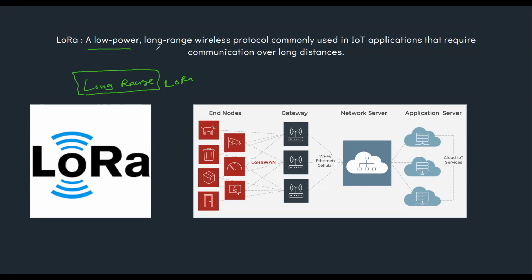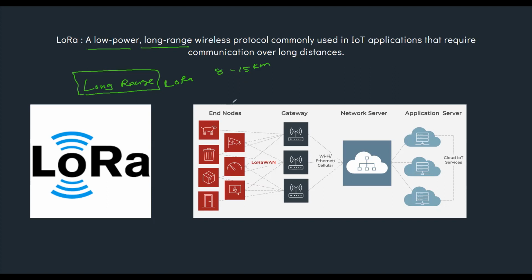This technology is low power and long range. So there are several LoRa modules available, and depending on the module that you select, you can decide the range of the LoRa communication and what length it will get communicated. So we can have an 8 to 15 kilometer range communication using long range wireless communication technology, and